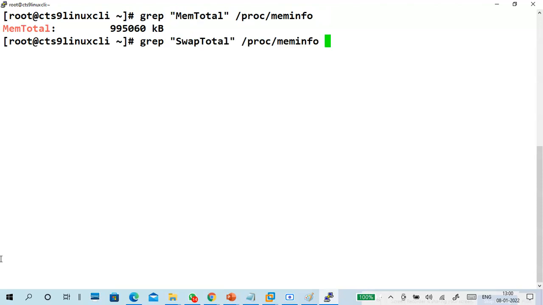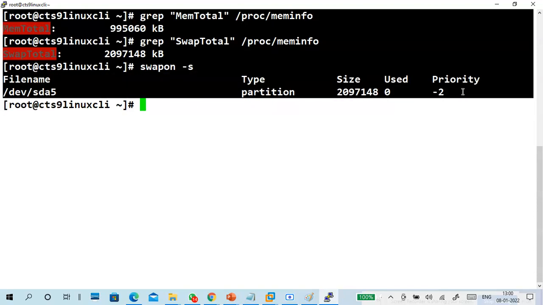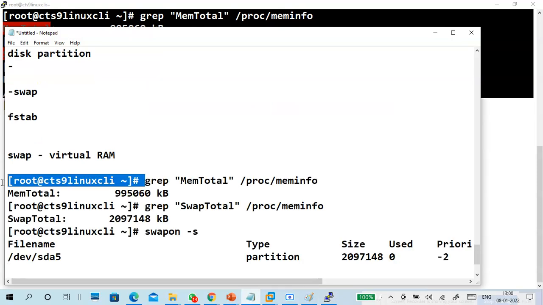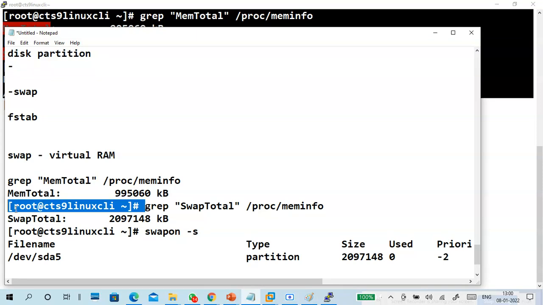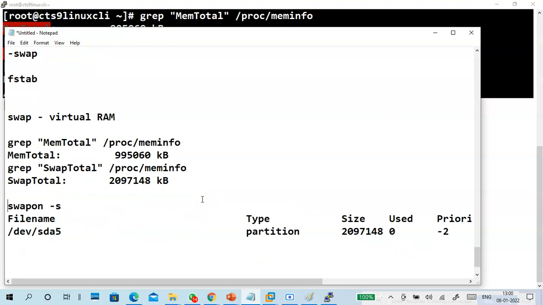SwapTotal is my total swap memory. And swapon shows which drives we are using for swap purpose, and what is the size. So these are the main 3 commands. You should know them, to check how much total memory you have, how much total swap memory you have, and about your swap memory. This is the important command.